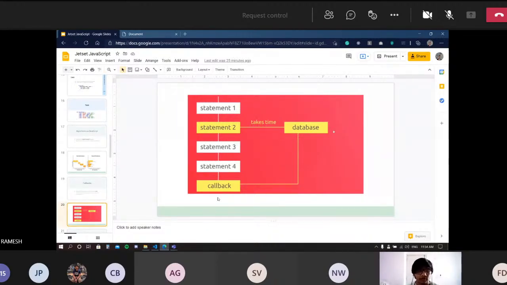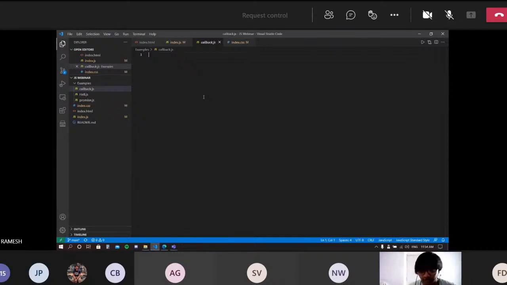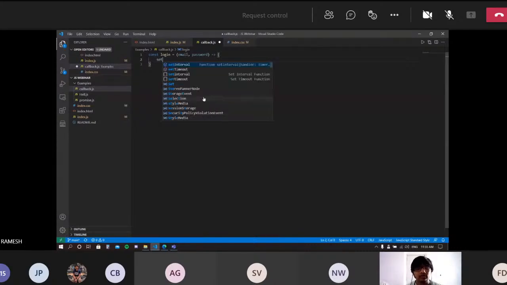Now we've learned a bit of this theory. We'll just see how this works in JavaScript, right? So I have something called a callback. All right, so what I can do is, let me take a function, say login, and again I'll use my arrow keys. Now I'll pass in a parameter, say email, and then password. Okay. So what I need to do is, after I get my email and password, let's use something called a